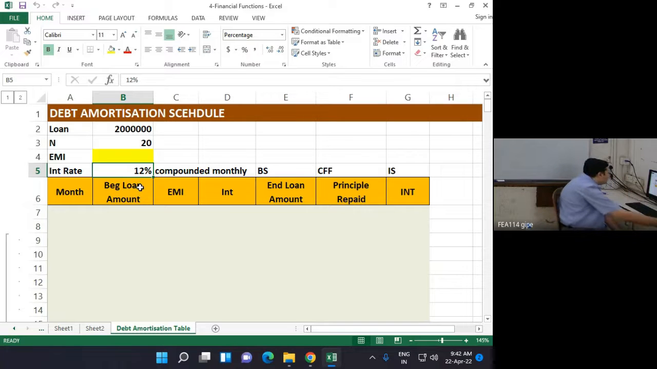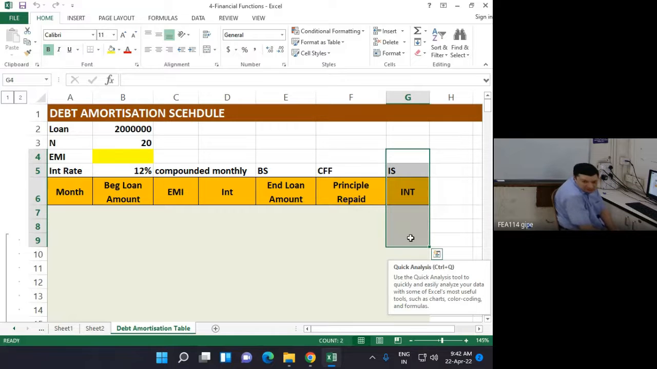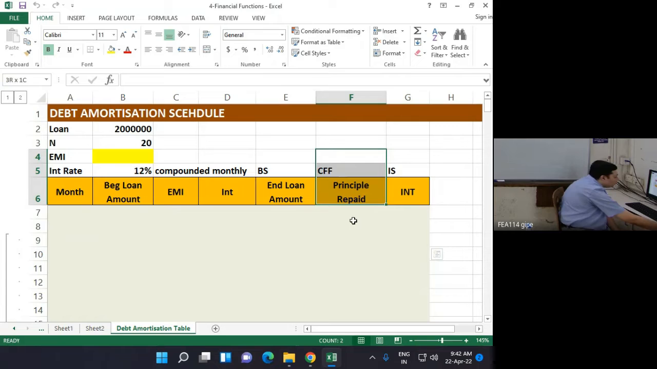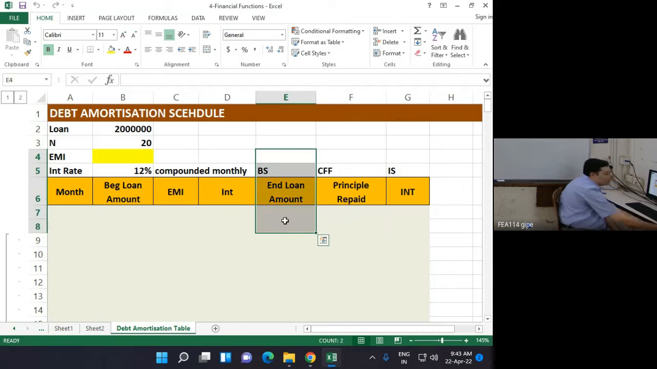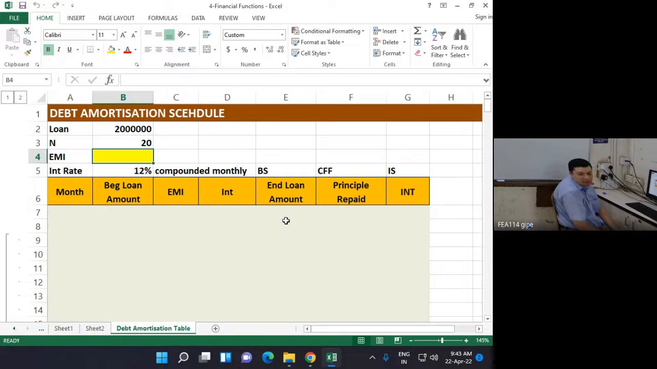That bifurcation we need, because interest will go in my income statement as an expense. Principal repaid will go in my cash flow from financing activities, and ending loan will remain in the balance sheet. So the next thing we want to do is look at financial statements. We'll have a quick revision of financial statements today, and after that we start making a model. But before we get to the financial statements, this is the takeaway from the financial functions that we need. Considering a loan of 20 lakhs for 20 years at a rate of 12% compounded monthly,